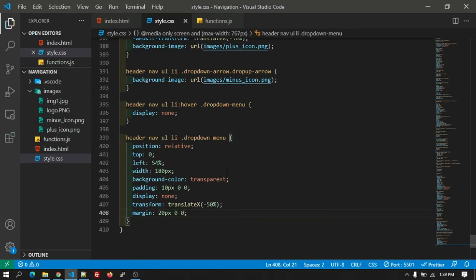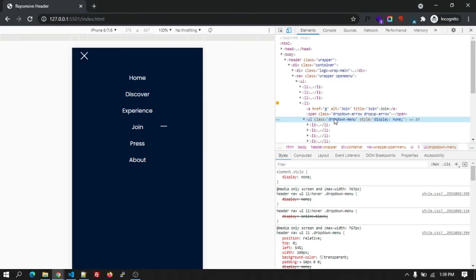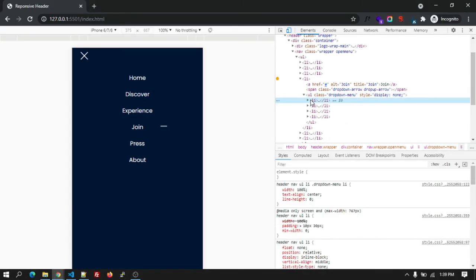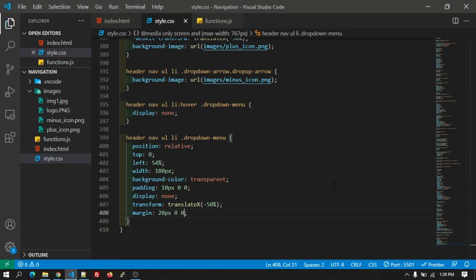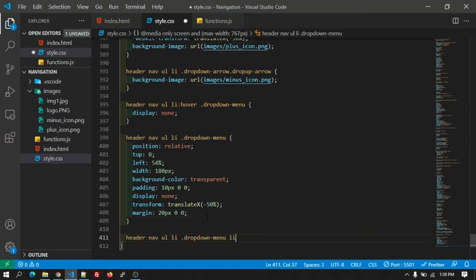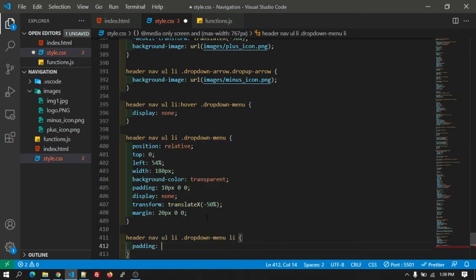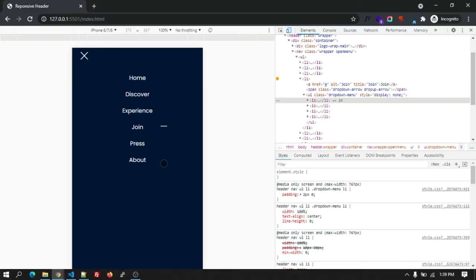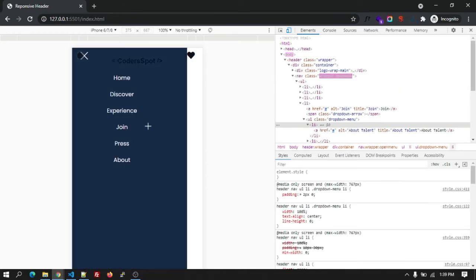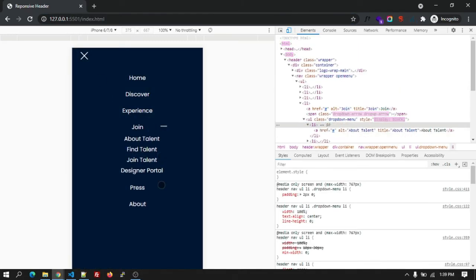Okay, we have added the CSS for the dropdown ul. So after that we are going to add CSS for the li. Let's copy the class, paste it below that, and for that padding 2 pixel and 0. Okay, let's have a look at how it is showing. Let's click on it, and after that it's showing like this. It's too big actually, the submenu.